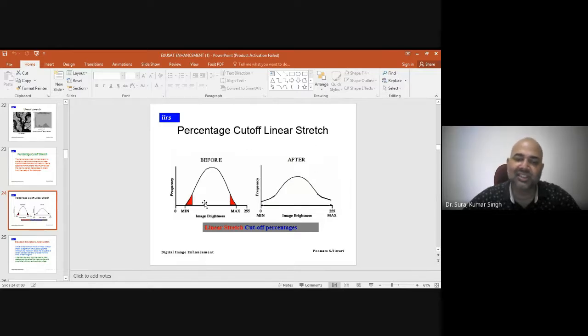You will see that there is an increase in the brightness value. Now it has gone towards 0 and now it has gone towards 255. That is known as percentage cutoff linear stretch. You have to make a cutoff near the minimum and near the maximum, and then you will be reclassifying it.